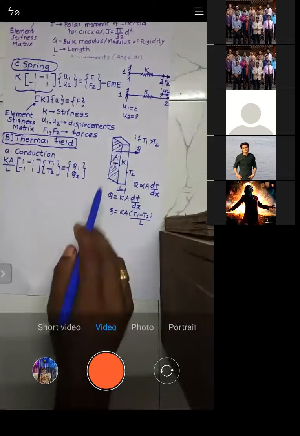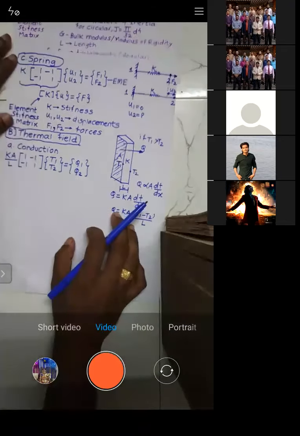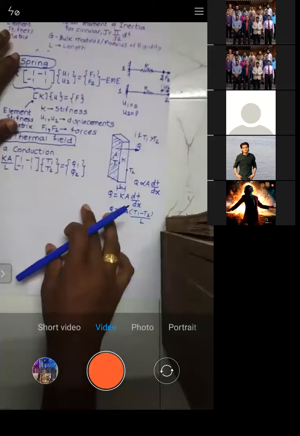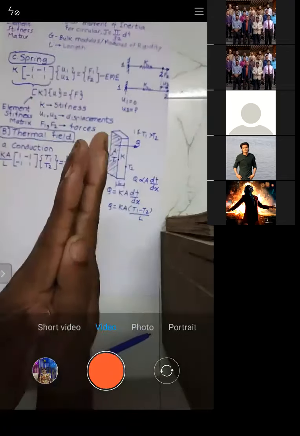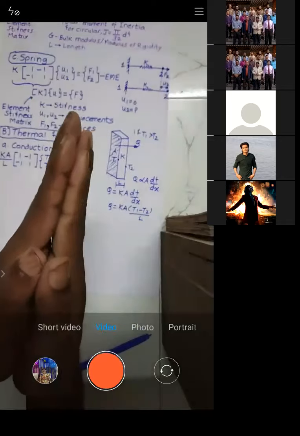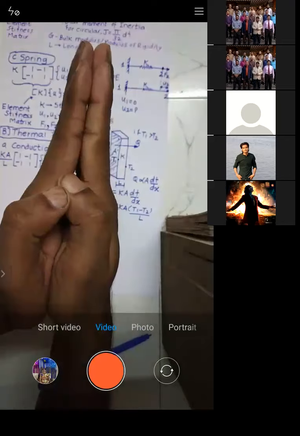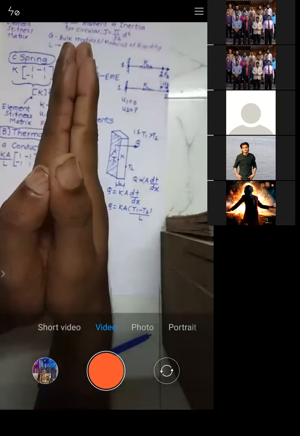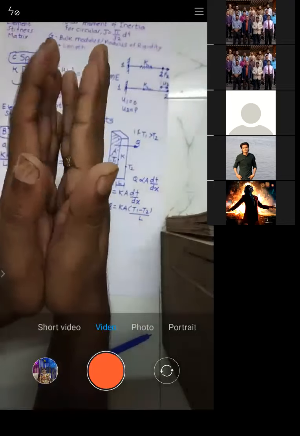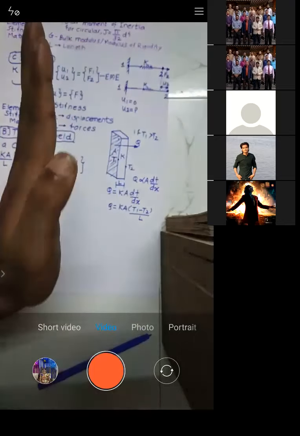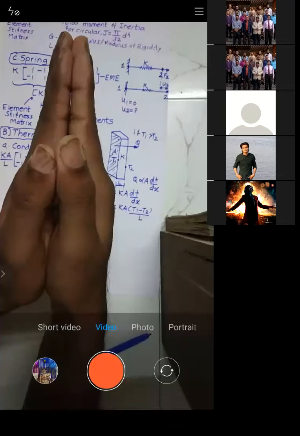You will see this in detail in heat transfer; I'm just briefing you. This is how conduction occurs. Conduction generally occurs between solids. When we have two solids attached to each other, let's consider this as one wall and this as another wall, and when you stick them together, the heat will flow from this wall to that wall by conduction. So heat will flow like this. That is conduction.